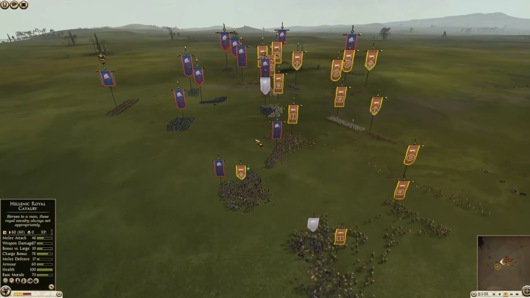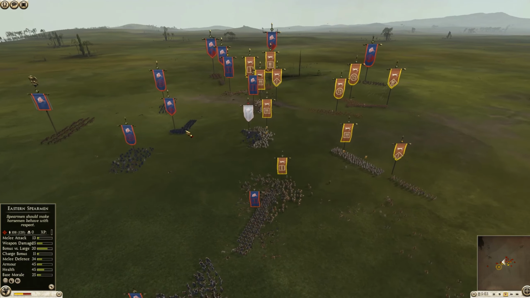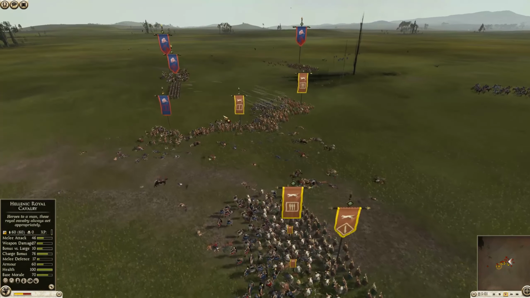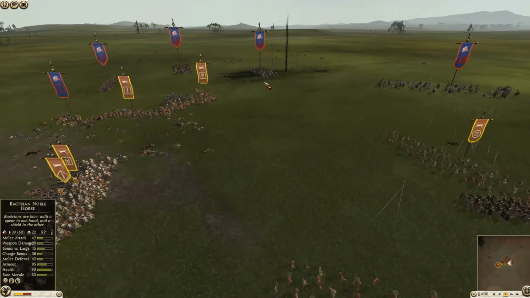But a lot of cavalry now sweeping around for Baktria. Their slingers are still free. They've got an Eastern spear, and their general's still under center. So they've got a lot of support at home. Thurio spears now making their presence felt, throwing their javelins in. Let's take a look at this